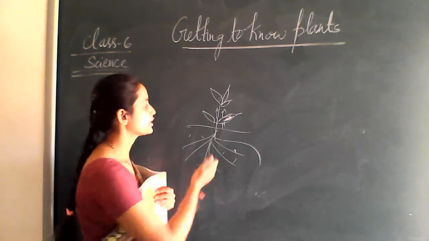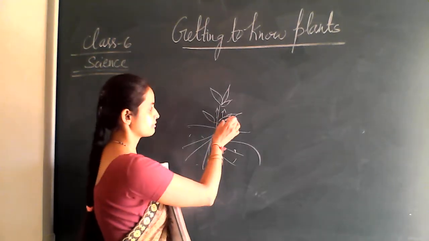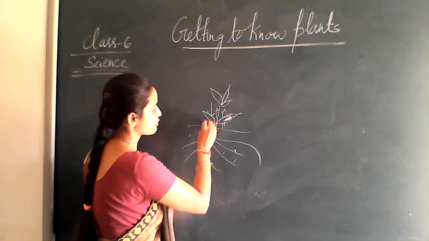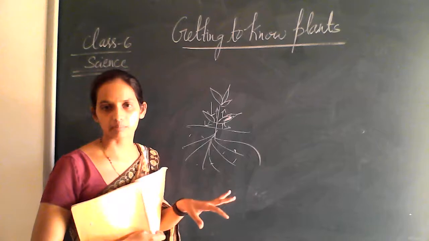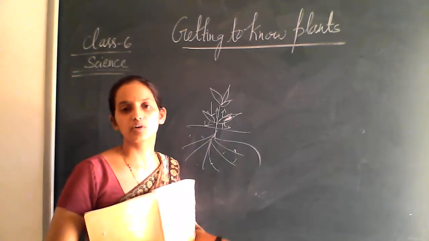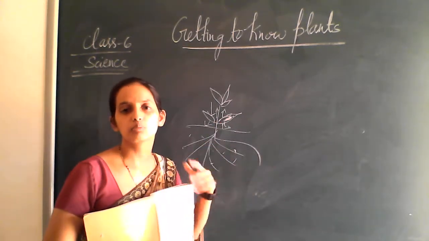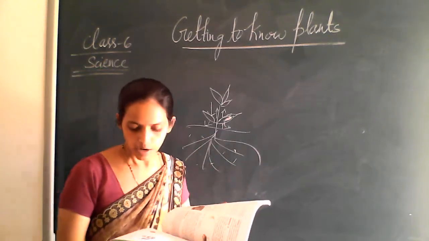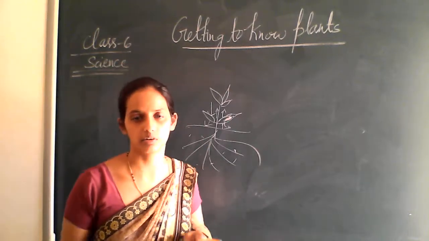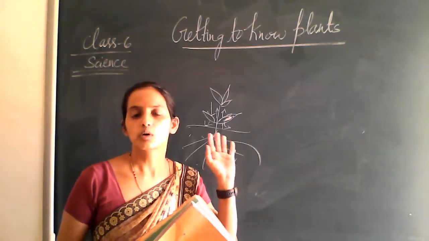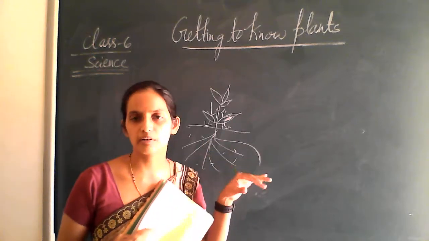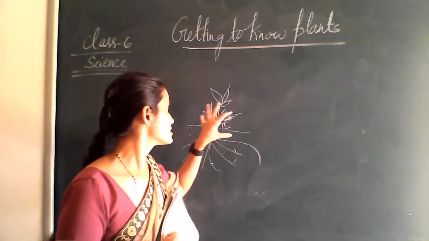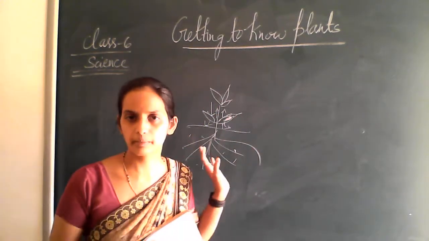Okay, so the leaf is going to prepare the food, right? And that food is again transferred to different parts of the plant with the help of the stem. Okay, so the stem is going to carry all the things, and again it is supplying the food material to different parts of the plant, right? So that's why we call it a two-way traffic street. One side it is supplying the water and minerals to other parts of the plant for the preparation of food by the leaf, and after preparing the food it is again sending that food to different parts of the plant, right?